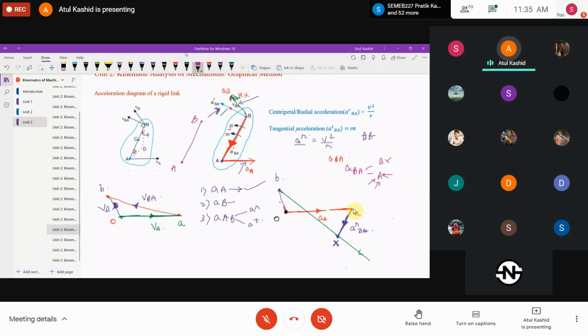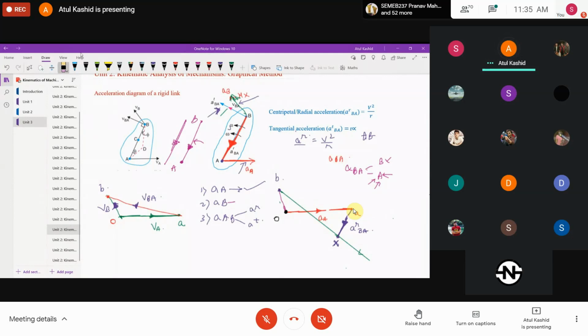So you have to go to this diagram, right? Here in this link, you can see point A is over here. If you consider A as the center of rotation, the direction will be like this, right? Parallel to this direction, we have drawn this vector from A to X, over here, right? So what was this A to X? A to X was nothing but your radial component of acceleration, B with respect to A.